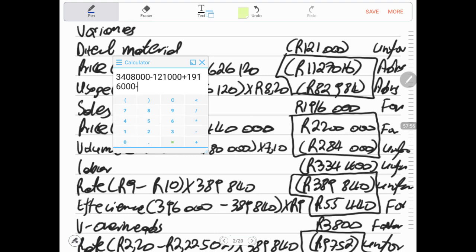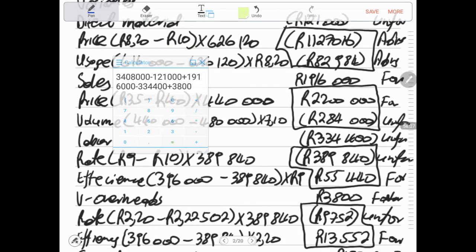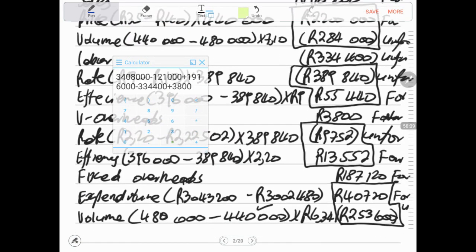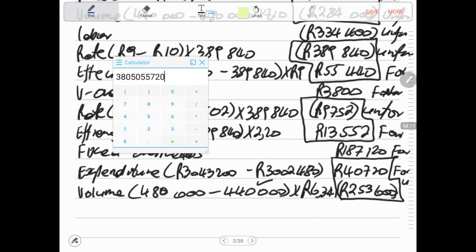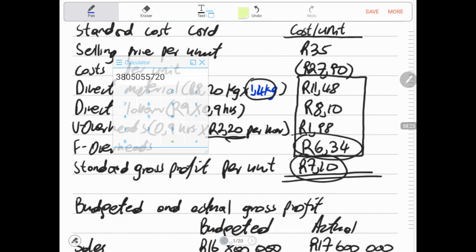Third one was unfavorable, minus 334,400. Next one is plus 3,800. Then after we have 187,120, and that will be the last part, just to reconfirm and recalculate that figure to make sure that it